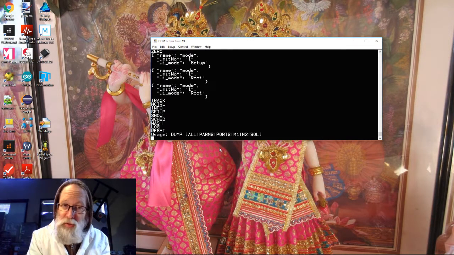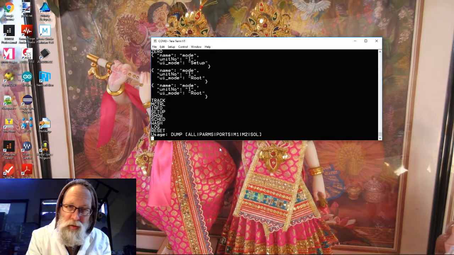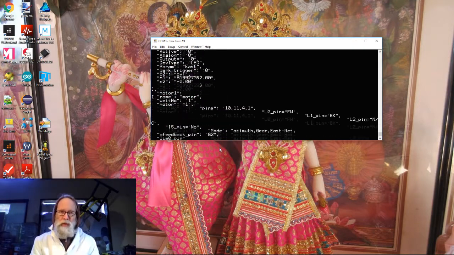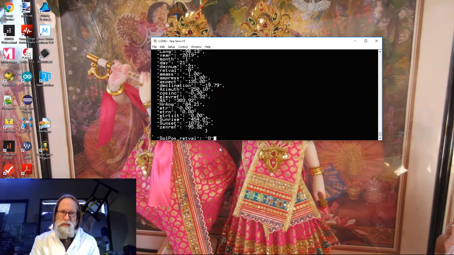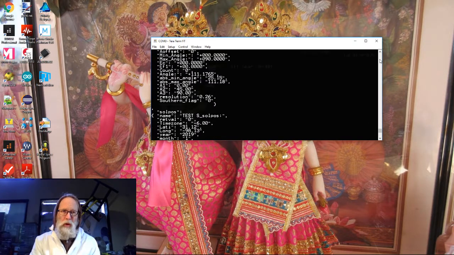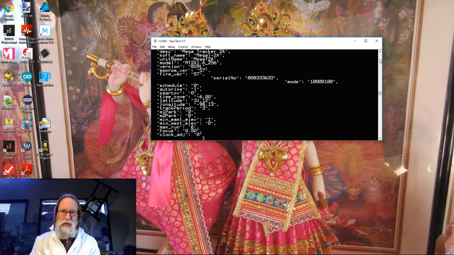We can also have it show just the tracking parameters, the I/O ports, either of the motors, or our solar position calculations. So I'm just going to say dump and have it dump all the information here. Quite a bit, as you can see. So I'll do a quick walkthrough and highlight some of the relevant areas here in